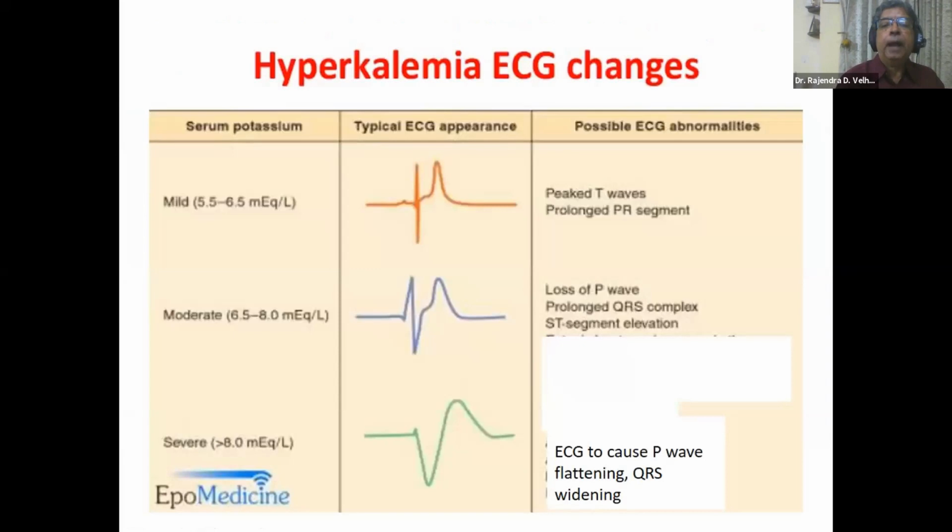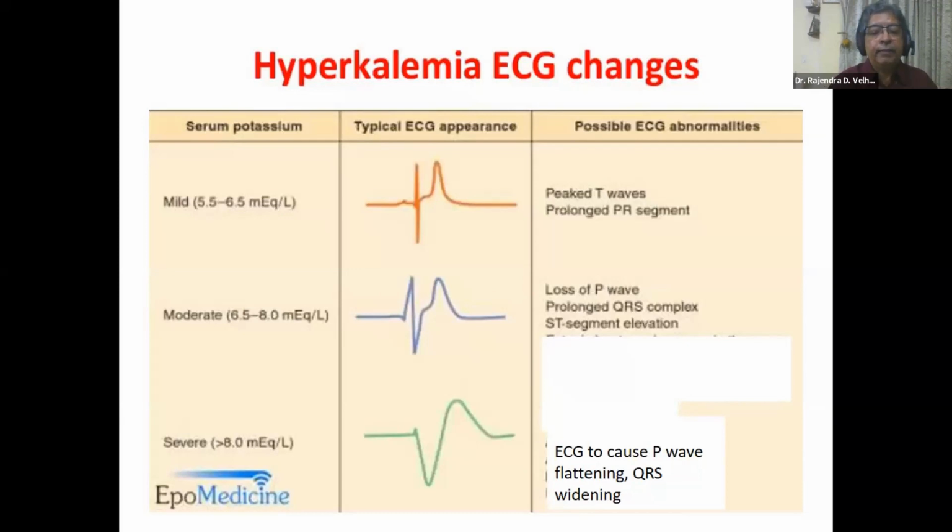Now let us see the hyperkalemia and the ECG changes. When you classify the hyperkalemia as mild, that is less than 6.5 milliequivalent, you can see the presence of P wave and tall and tented T waves. When the hyperkalemia is moderate, that is between 6.5 to 8 milliequivalent, the P waves are totally flattened, absence of P waves, and you will find that there is a ST segment elevation occurs because of the pulling of the T wave. The T wave is pulled upward, and therefore loss of P wave, prolonged and wide QRS complexes, and tenting of the T wave.